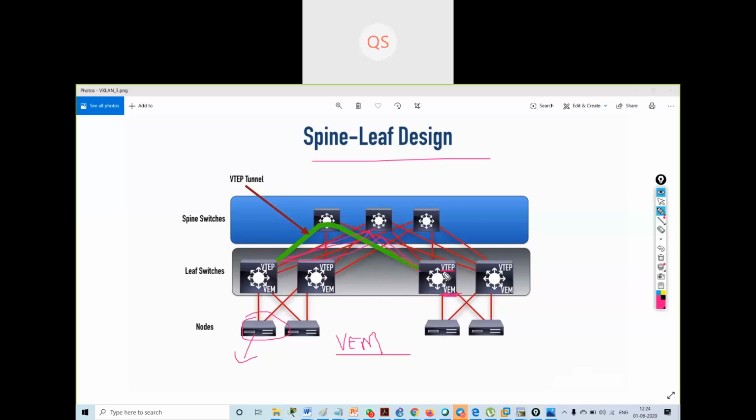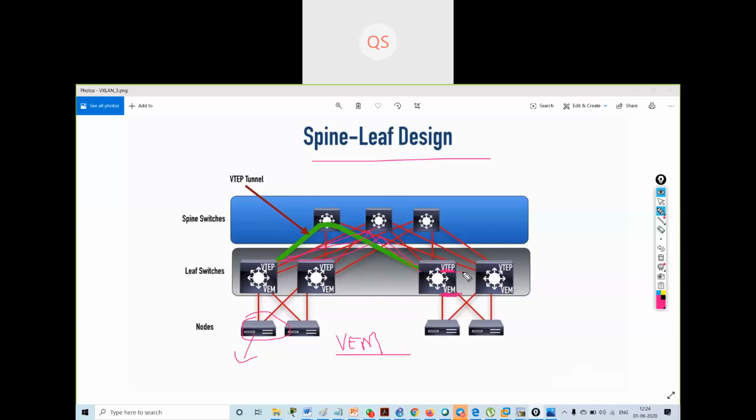This is the special interface created for VXLAN, and the VEM's IP address is assigned to this VTEP interface. Each VTEP is associated with one or more VNIs. So VTEPs on different switches can bring up a tunnel and pass traffic between themselves.